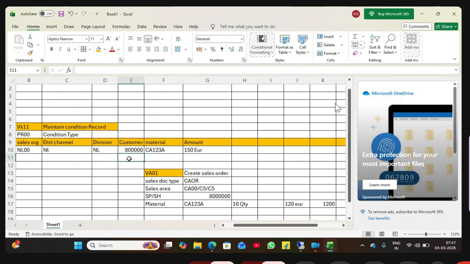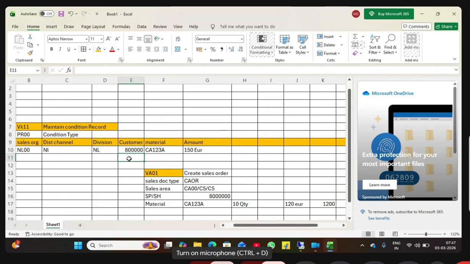Meaning to say, the cost is different. Am I right? Did you check anytime? Yeah, so the cost is different. Same way, same customer, same product. If you are buying in Canada, it might be 120. If you buy that same product in the Netherlands sales office, it might be 150. Like that, they are going to maintain it, and that is their decision.